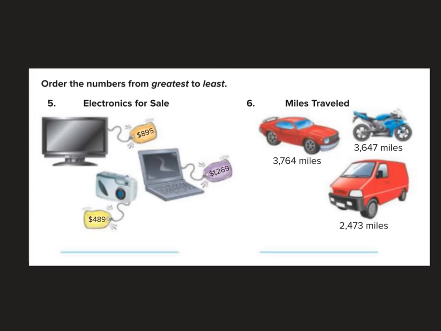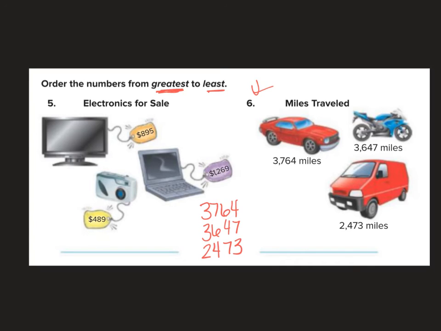All right, I'm going to go to the next page so we can see some other examples. Order the numbers from greatest to least. You guys, this is going to be very tricky. You got to read these questions really carefully. Okay, so let's do number 6. So I'm going to line them up. 3,764, 3,647, and